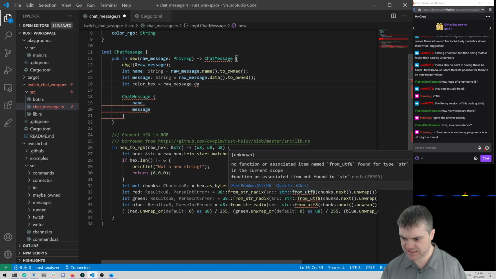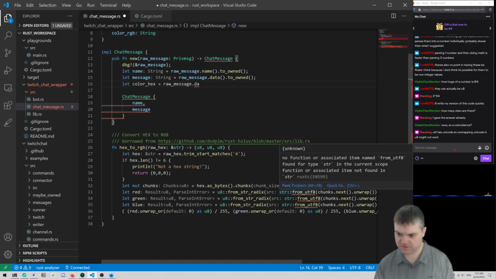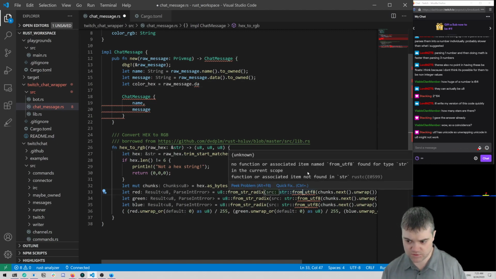Well, it's actually suggesting that there's no function or associated item for type str. I don't even know if it's taking into account the context here yet. At least the error message, that's what I'm reading here, is just saying, hey, from utf8 is not on str.